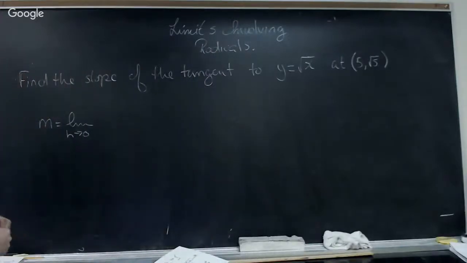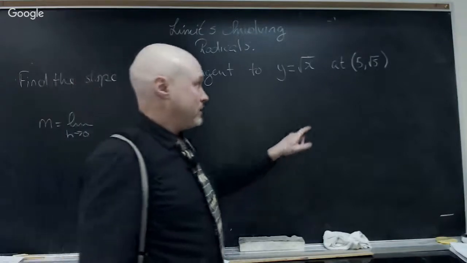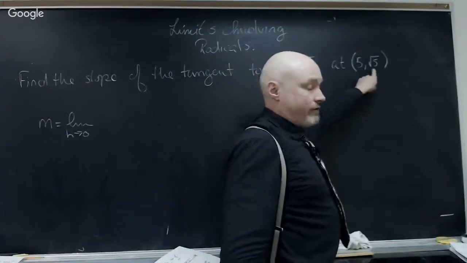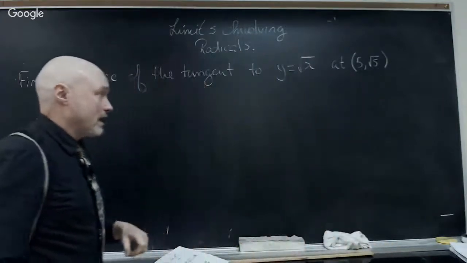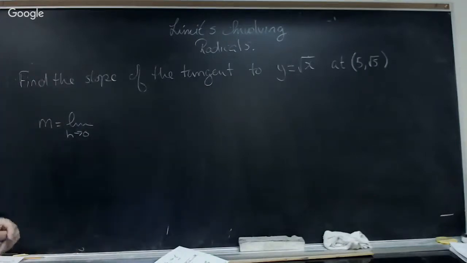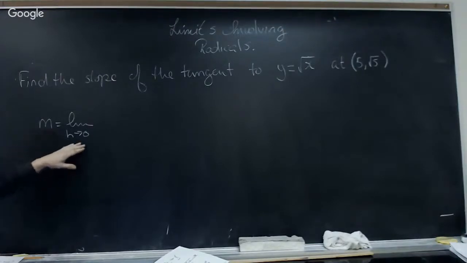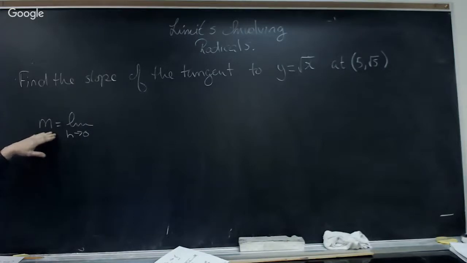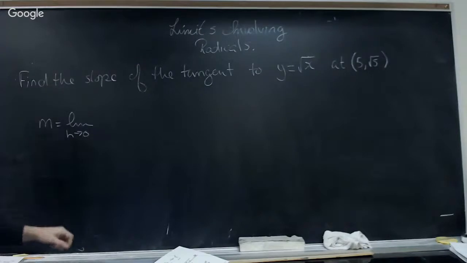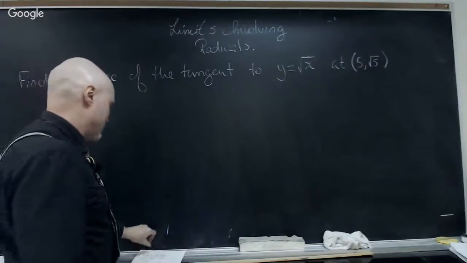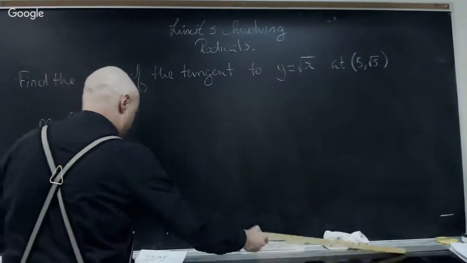Find the slope of the tangent to y equals the square root of x at the point x equals 5. And of course, if x equals 5, y is equal to the square root of 5. So if we want to find the slope of the tangent at that point, we use our difference equation, which always starts out like this, since it's a tangent anyway. The slope, m, is equal to the limit as h approaches 0 of